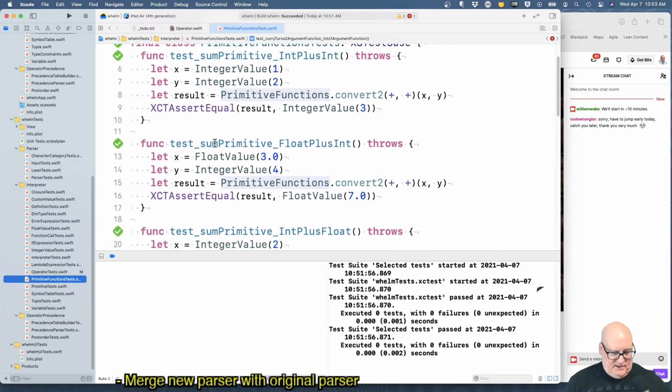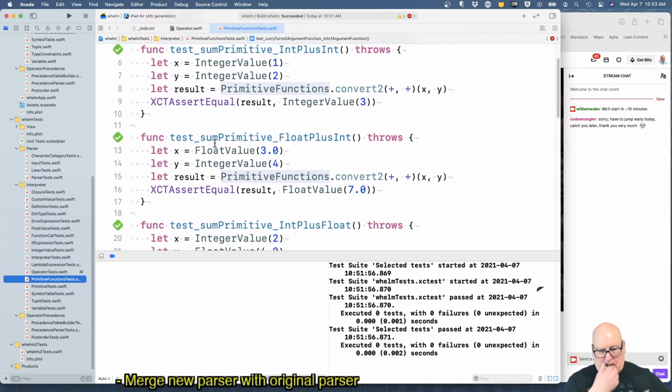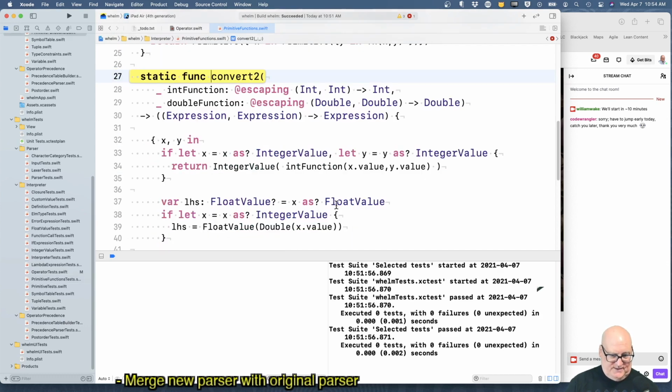We have all this query 2 stuff. I mean, this is convert to plus plus xy. Let's take a peek at convert to, refresh ourselves.